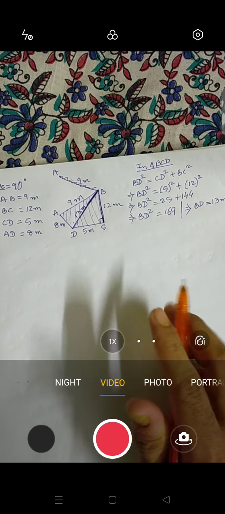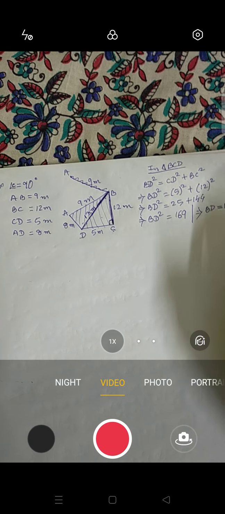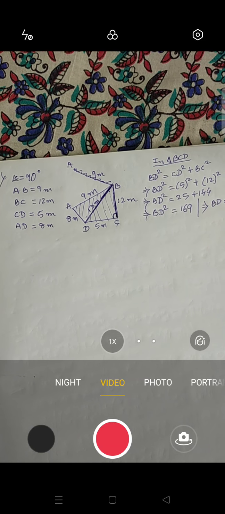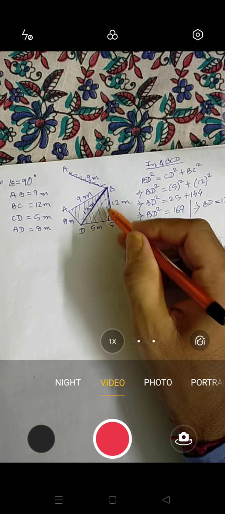How? You can see that in this triangle, this is the 90 degree. I told you that whenever I give you the formula, do you remember the first formula of a triangle? When base and height of a triangle are given, then area of a triangle equals half into base into height. So we can apply that formula in this triangle, then it will be easy for us.